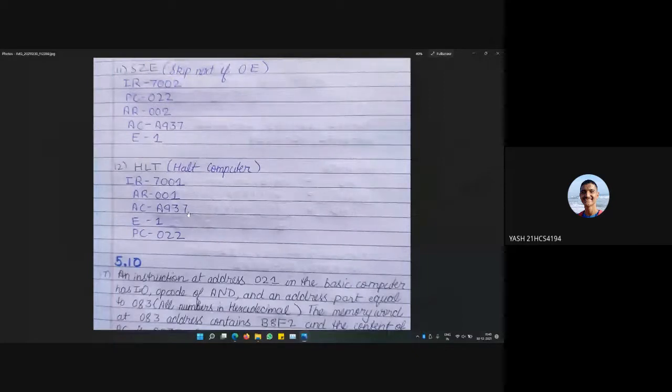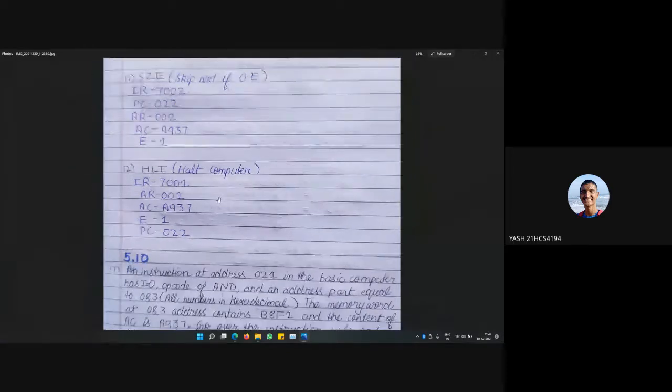because when the halt computer statement executes, the only change takes place in the halt bit that we create as a hardware module. Elsewhere we won't see any change, and E will also remain the same as it initially was, 1. The program counter will be incremented by 1, so it was 21, now it will become 22. The halt computer statement sets the halt bit to 1, and as the halt bit is set to 1, our program execution stops. That is the function of the halt computer instruction.